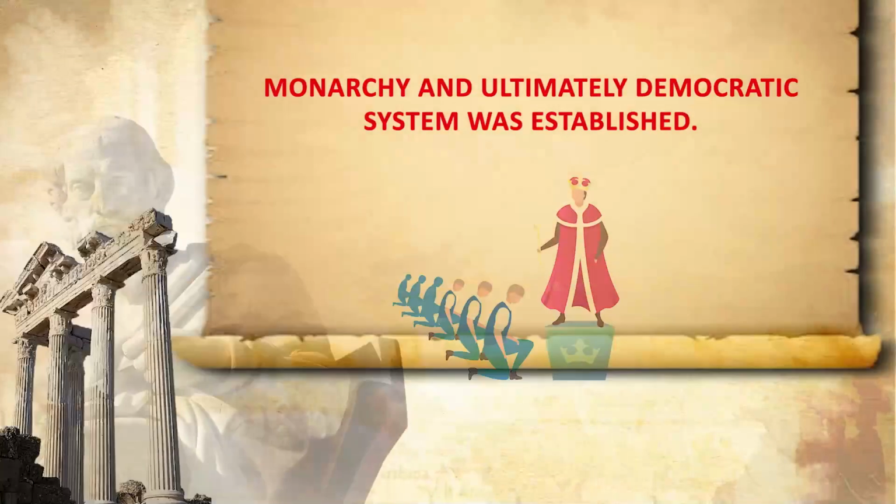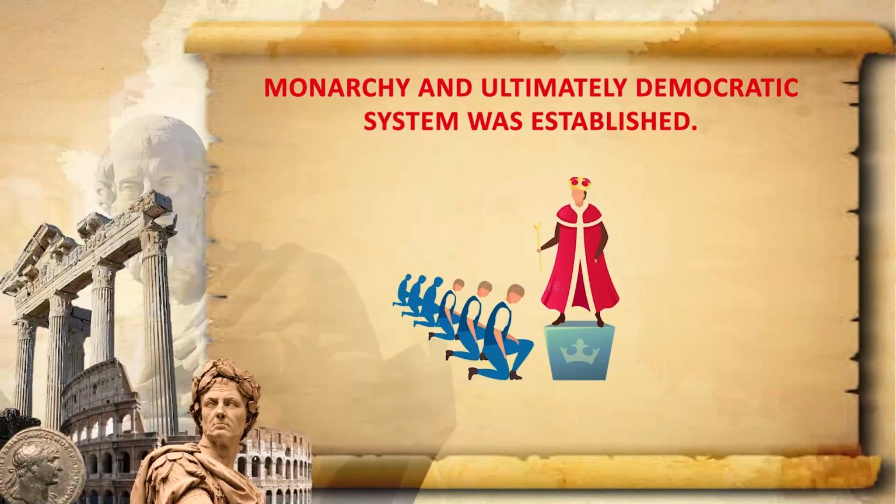So, the modern nation state which emerged from the Treaty of Westphalia changed its position regularly. It started with monarchy. Ultimately, the democratic system was established. But these democratic states of Europe established imperial colonies in large parts of Asia, Africa and Latin America, which cannot be called democratic. However,